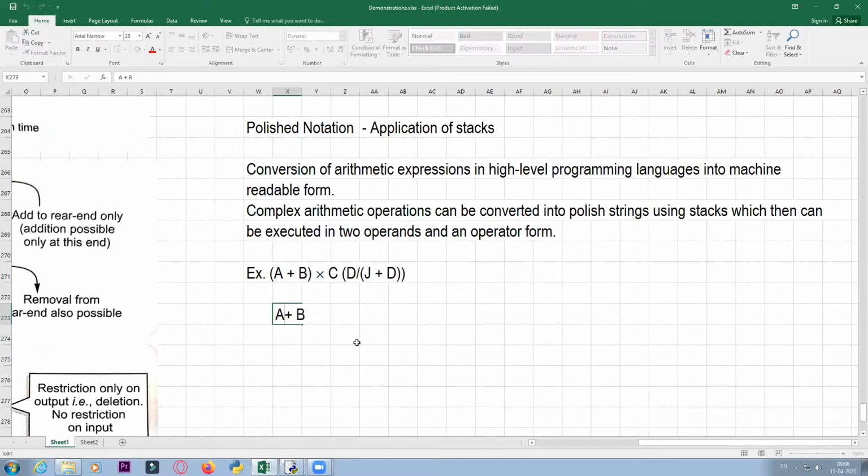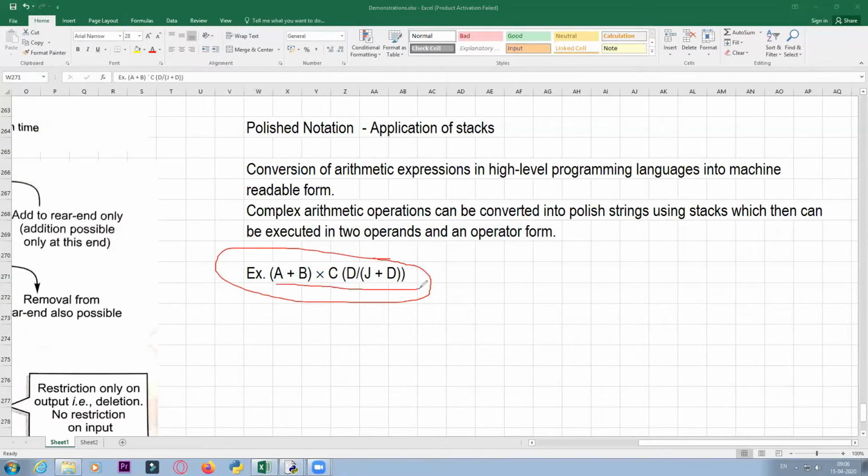But in case of expressions like the example which you are seeing over here, in these types of questions, you can see that there are multiple values and there are multiple operators. So usually we also have to pay attention to the operator precedence in such questions. Operator precedence means which operator will be evaluated first. Like in this expression, you can see that there are brackets, there is multiplication, division and addition. So how will you be doing it?